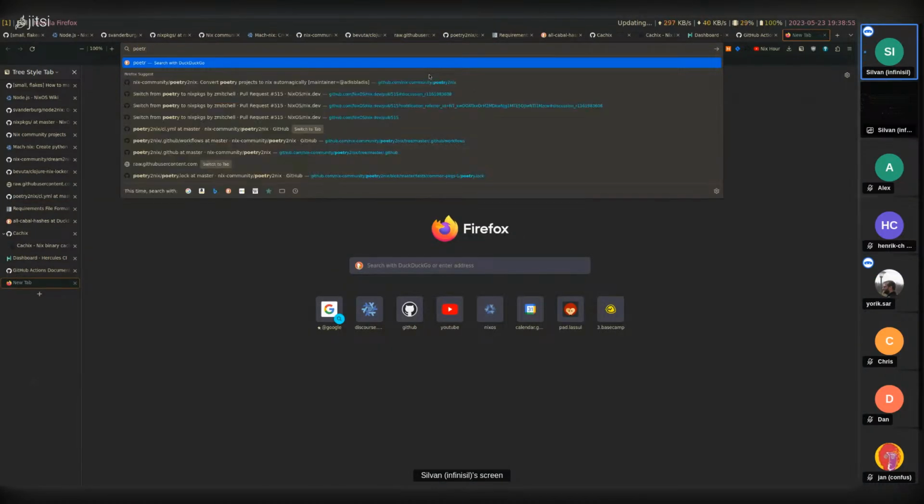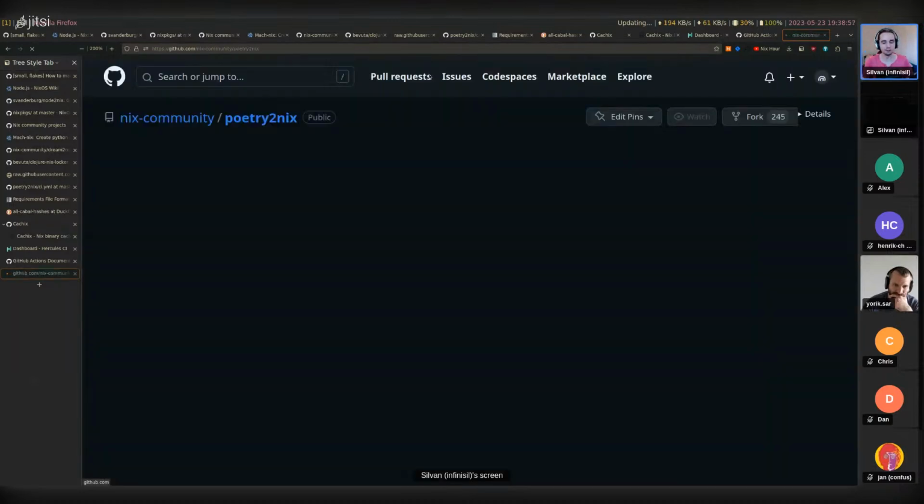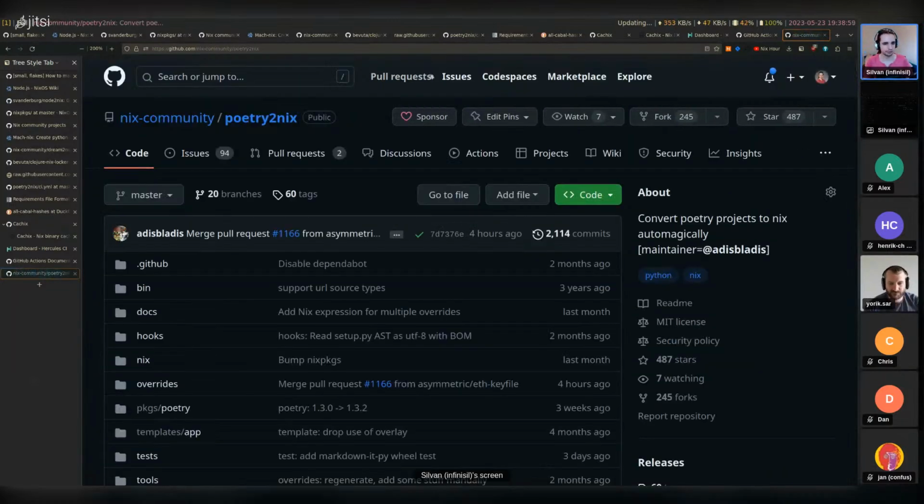So Poetry to Nix was also at some point motivated by, oh, I have a poetry project. If I just call poetry, it's going to try to fetch all of these things, and that's not going to work inside the Nix build. So how can I make this work using Nix? How can I provide the dependencies from Nix directly? So yeah, it kind of ties the knot back to this.